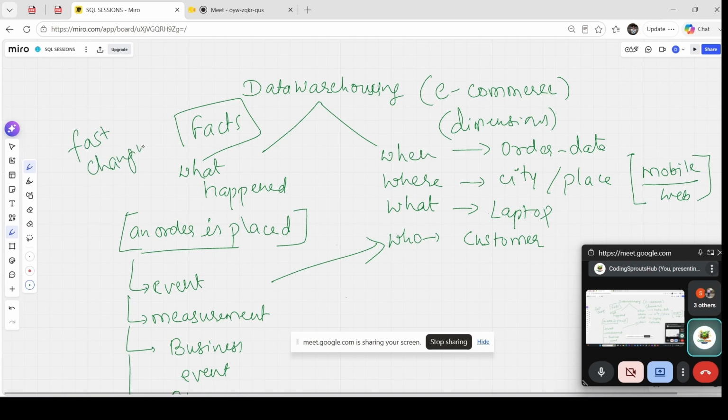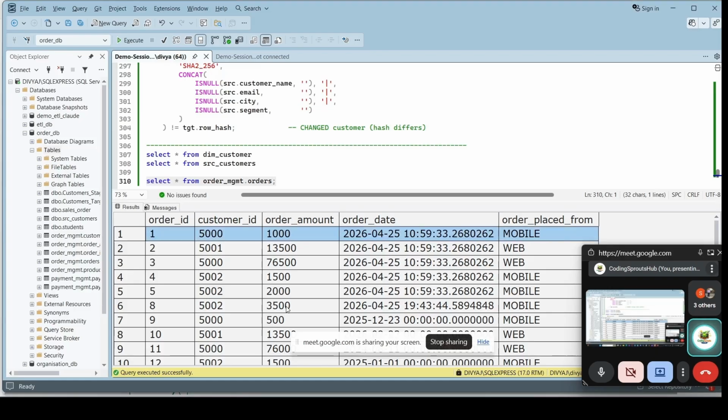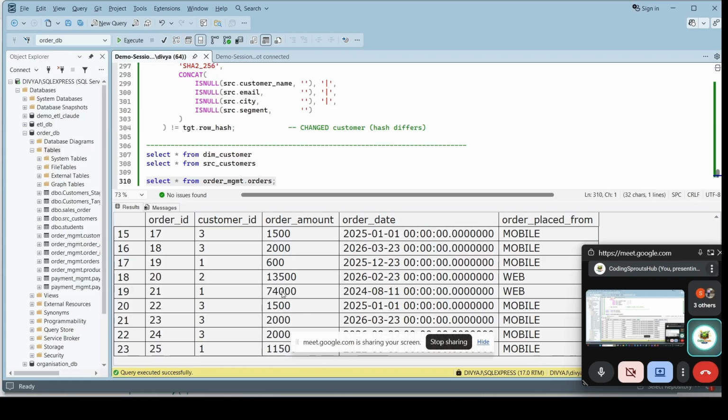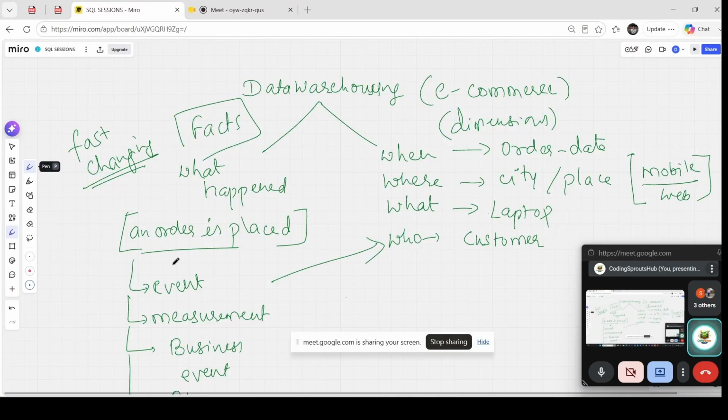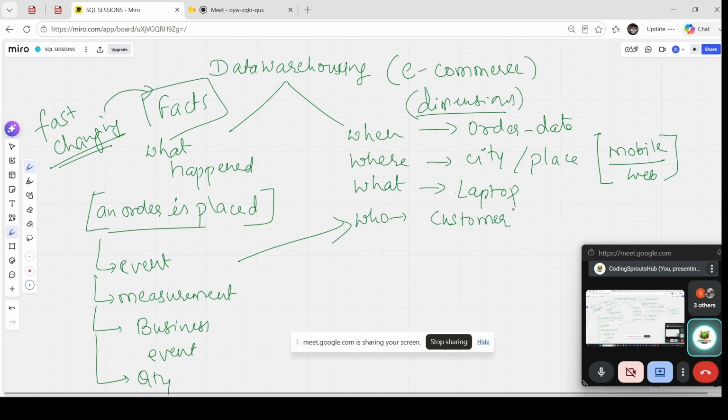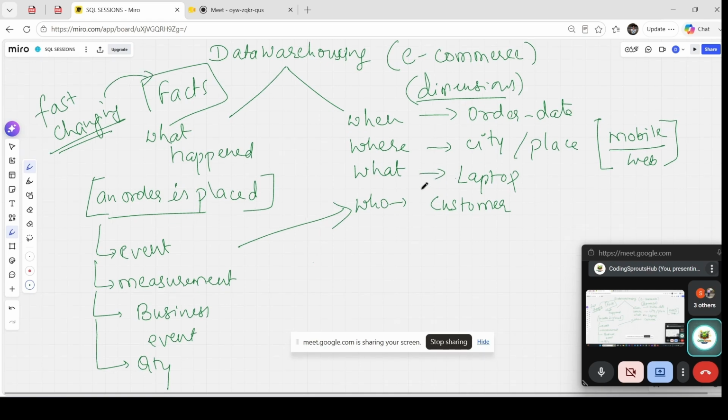Can we say? Because in the orders table, if you note, we get data very frequently. Let's say, for example, now we have around 23 records. Within a few minutes, it will be 50 records. So can we say the data is changing very fast? So the fast changing data comes under facts, whereas the slow changing data can be very slow and specific to details as well. For example,